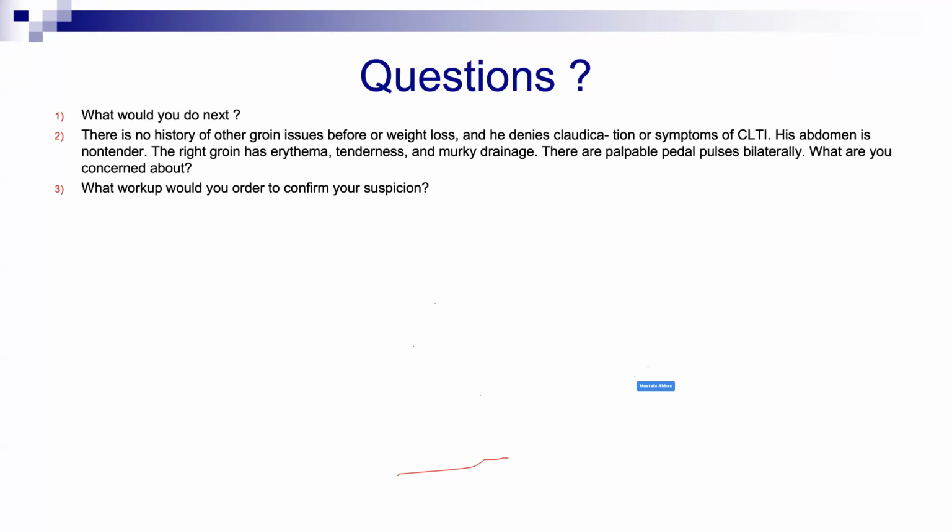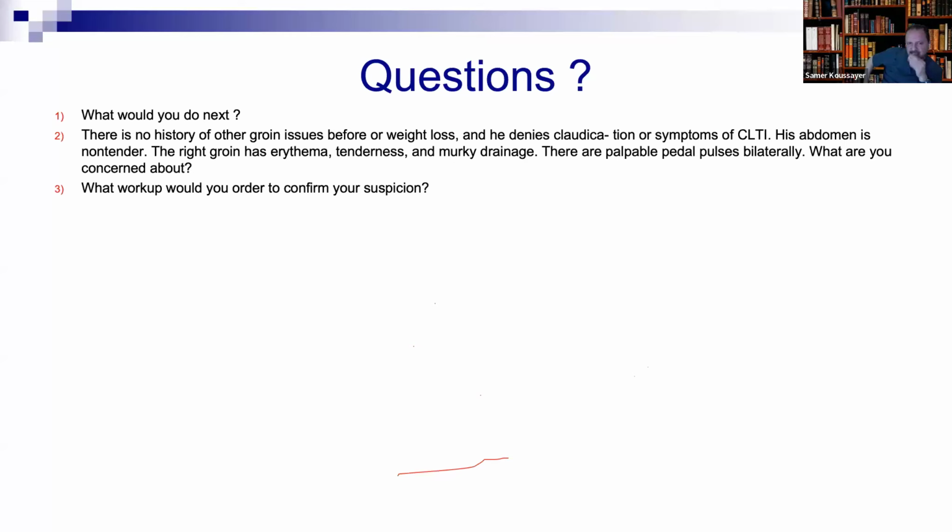To confirm or diagnose. And the second thing is to know the extension of the infection. You want to see any fluid, whether you're dealing with only graft infection in the groin, or the whole graft is infected, like a lot of fluid around the graft, air bubbles. So you have to decide: are we dealing with only groin infection, or is the whole graft infected? That's why I need a CAT scan. It's very important.